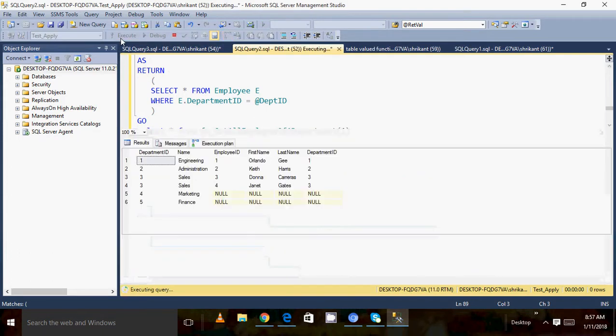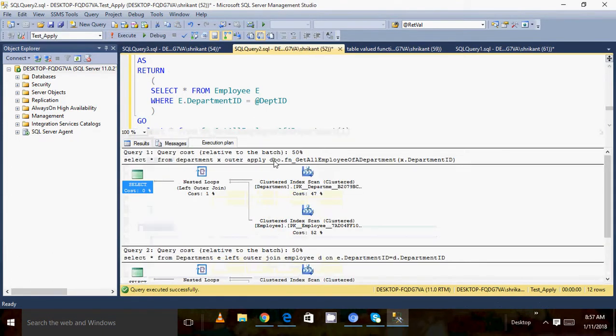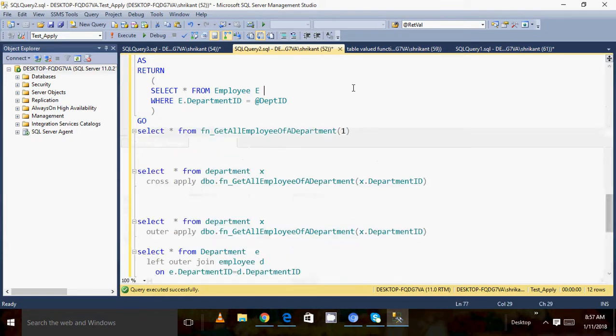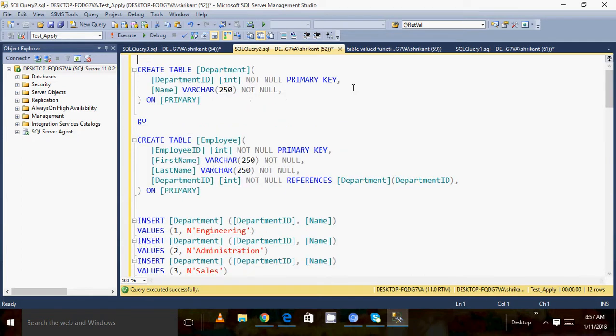When I execute these two queries, I am going to see the execution plan. Here I'm seeing the same execution plan, but sometimes you might see a different execution plan, because here we have very little data. So when there is a lot of data, we might see some change in the plan. Okay, I think you all have understood the concept of